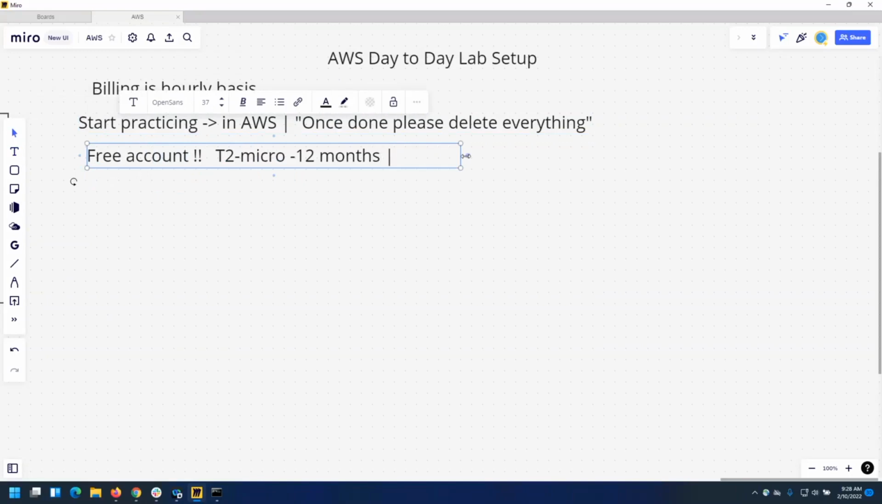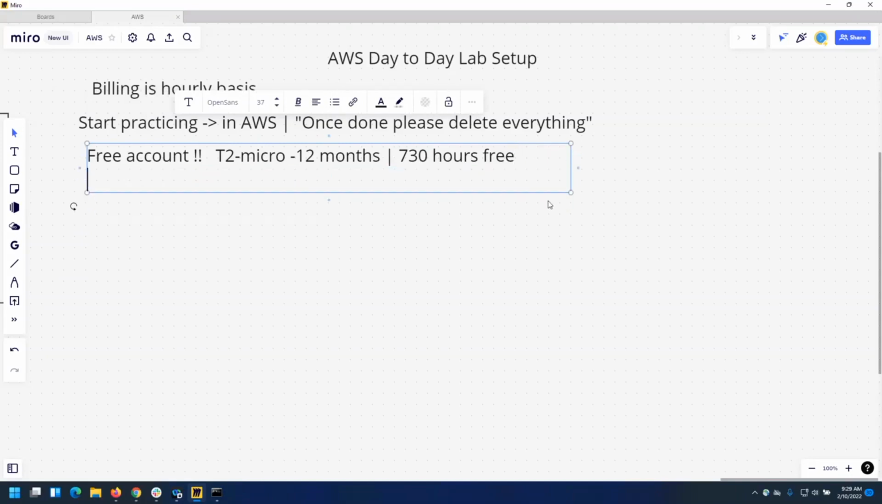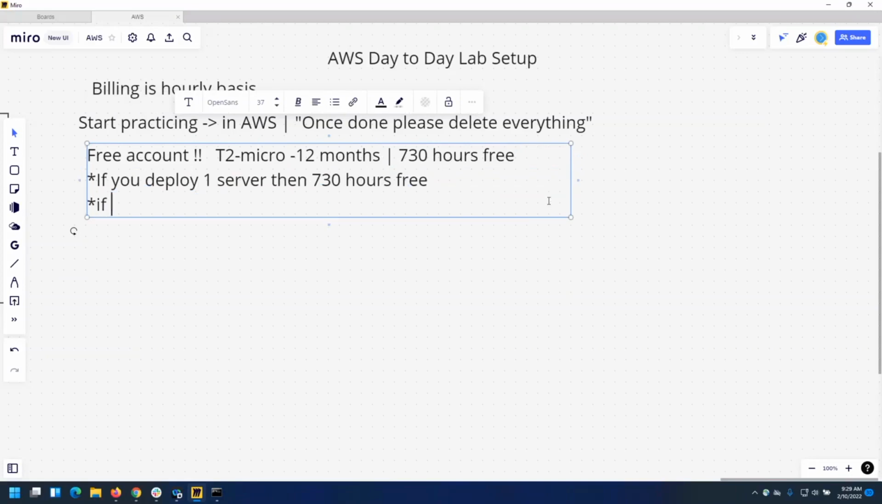But every month you will get 730 hours free. If you combine all the 730 hours, you'll get 1 month. Now, in that case, it depends on the terms and conditions, right? If you deploy one server, then 730 hours free. If you deploy two servers, then by half,